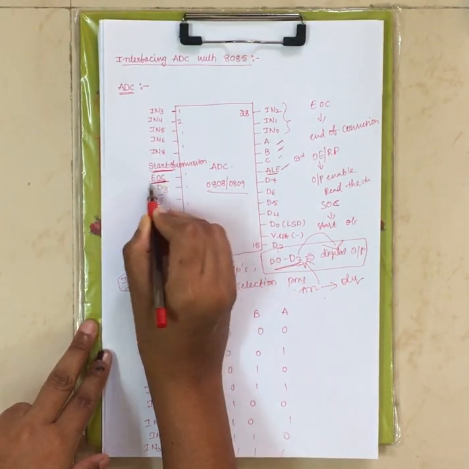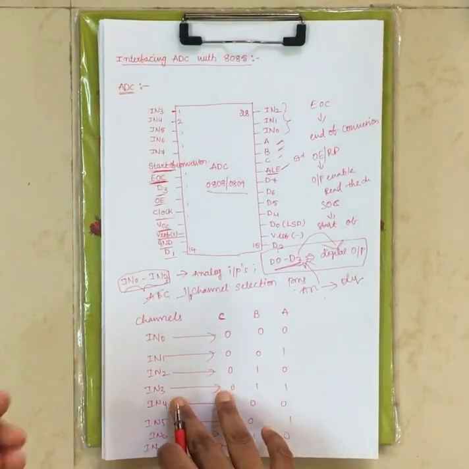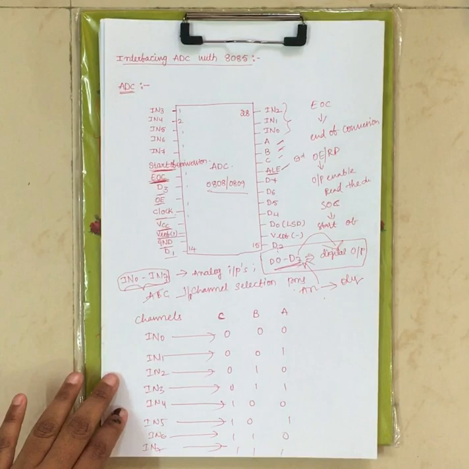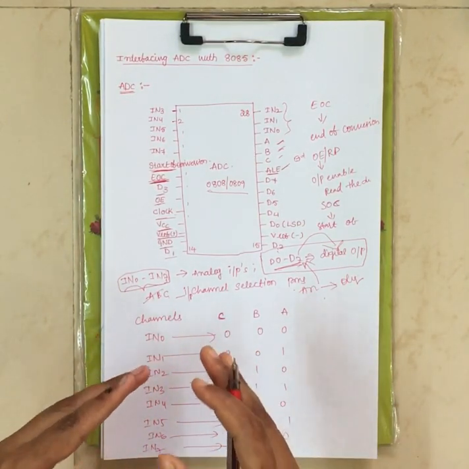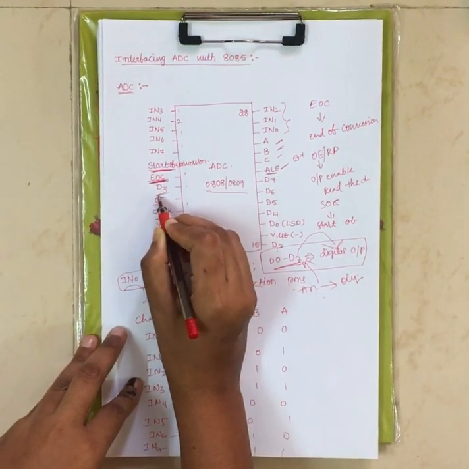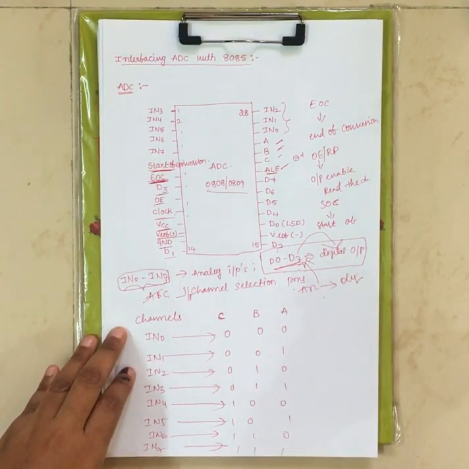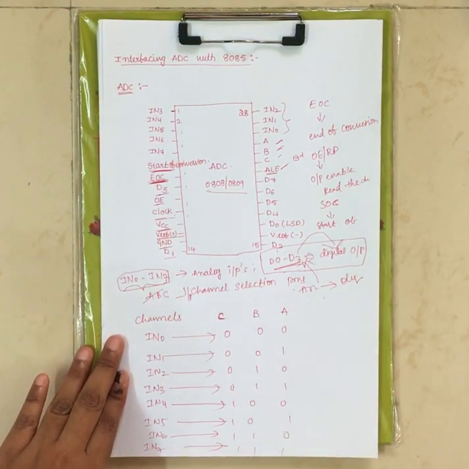Now next we have EOC. Start or start of conversion, both are same, it is just starting its operation. Now EOC indicates end of conversion. This particular pin will specify that the analog signal is converted to a digital signal. And next we have D0 to D7, the pins through which you are collecting the converted digital output.